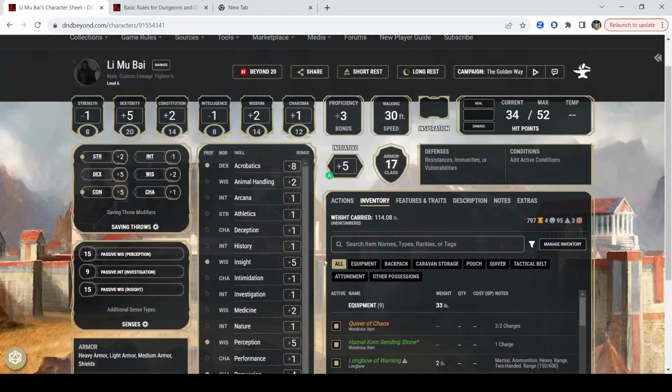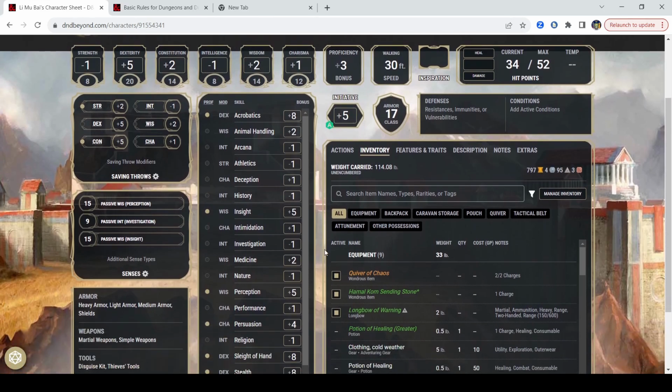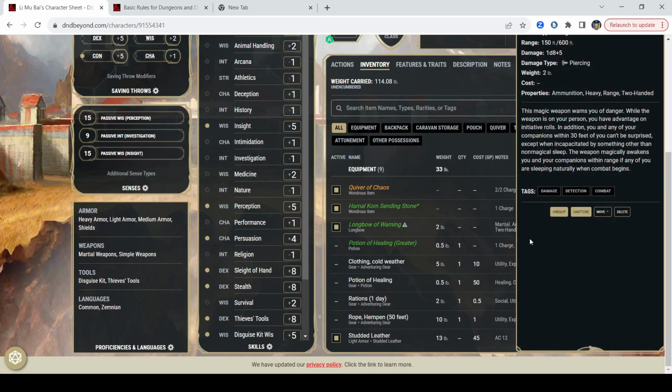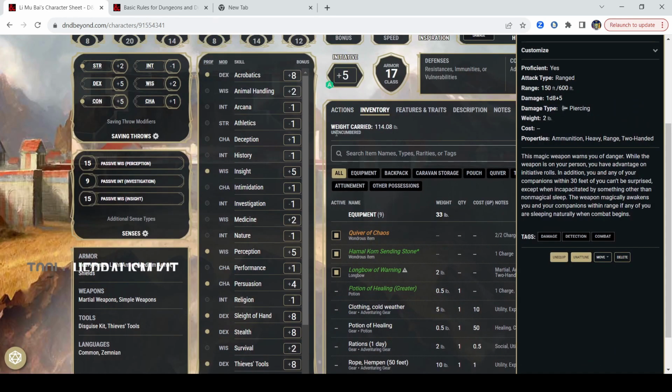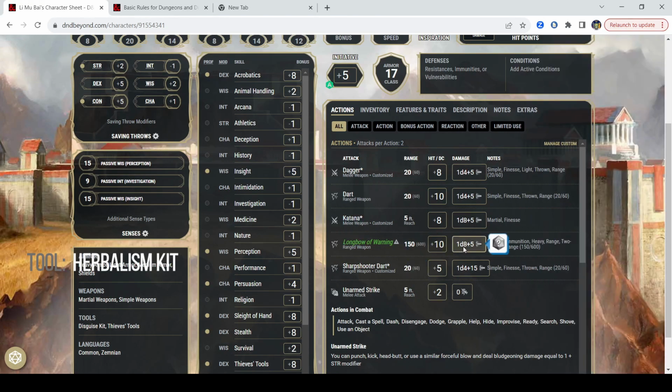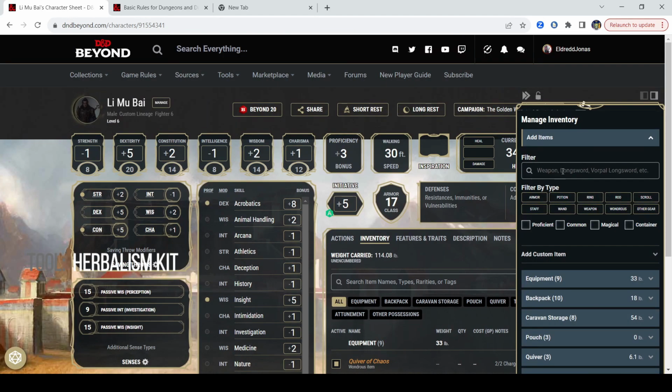So this is a character I'm playing right now. It is a level 6 samurai fighter who has a longbow of warning as his main weapon. So the longbow of warning is on my actions tab. It's a plus 10 to hit. It's 1d8 plus 5. In order to really optimize my own gameplay, what I'm going to do is add another